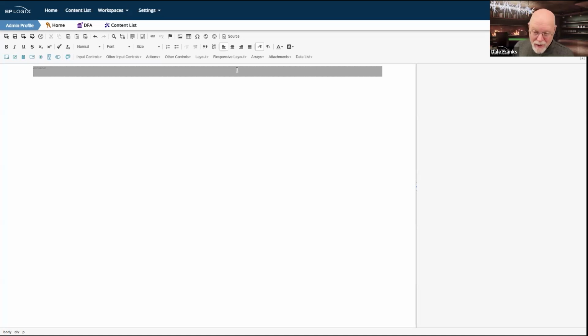Now, the number 3 thing is that you need to know where you are going and what your final form is going to look like and how you want it designed before you begin. Because once you begin throwing these bootstrap controls on the page, they're hard to remove. So if you really mess up the design, you kind of have to cancel out of where you are and go back in and reopen it from your last save point.